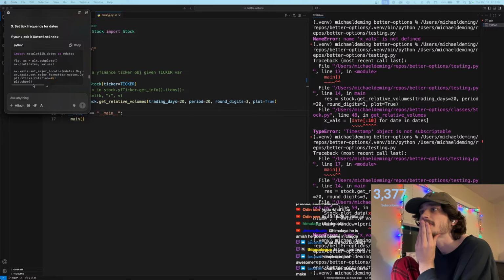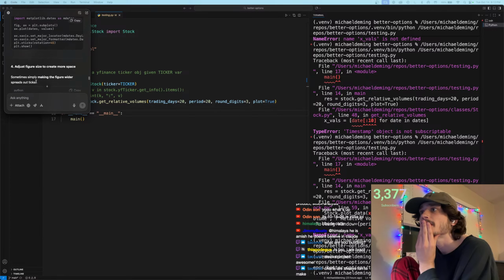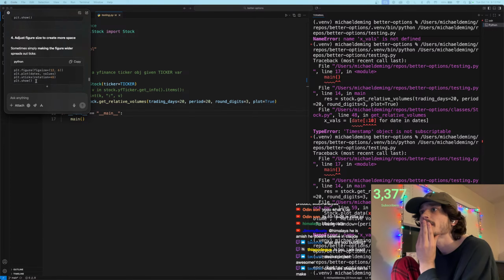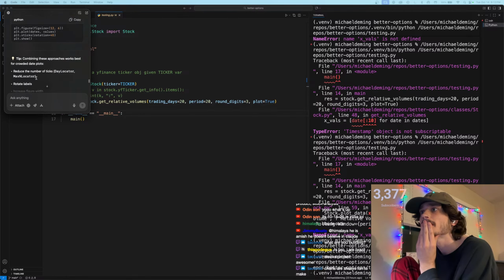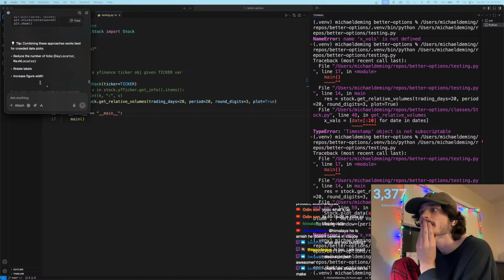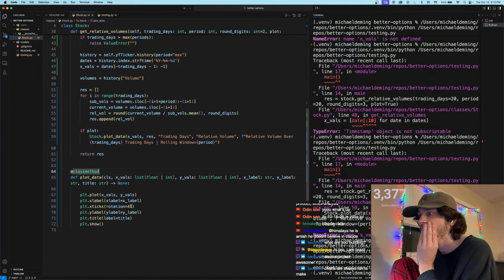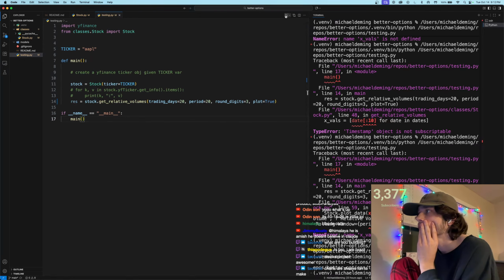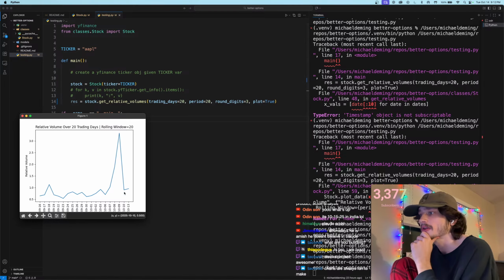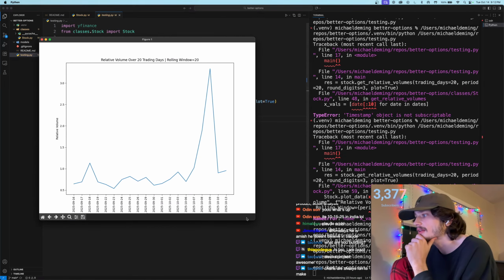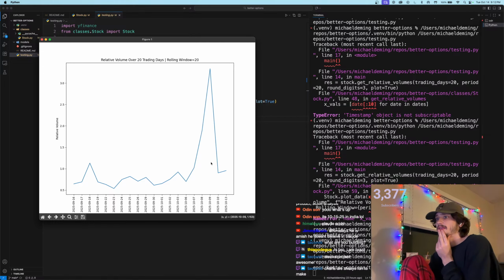Set tick frequency. So what if we rotate like 180 or 90, I'm sorry, so that it's perfectly straight up and down. Okay, so now we're getting that. So we can see that the 9th,